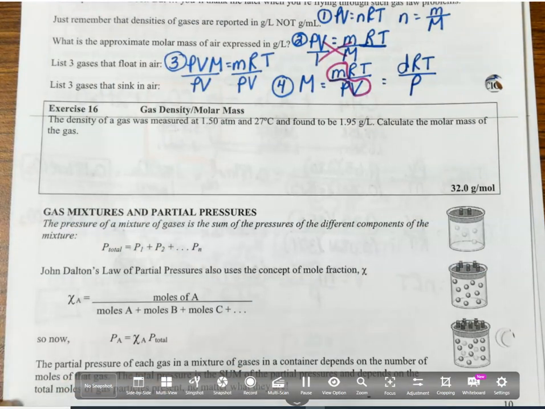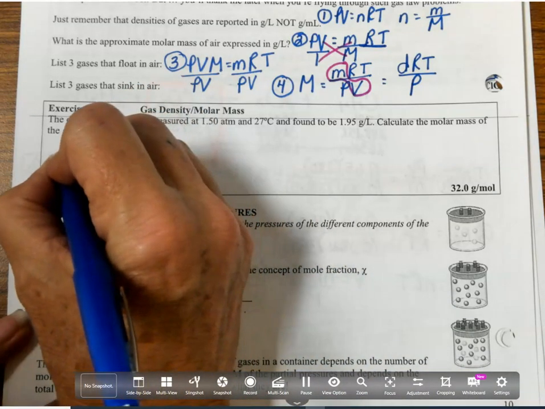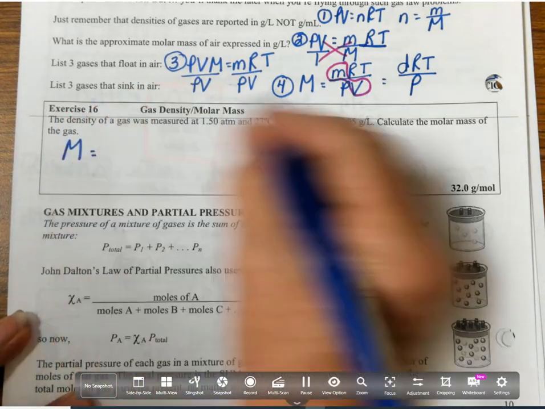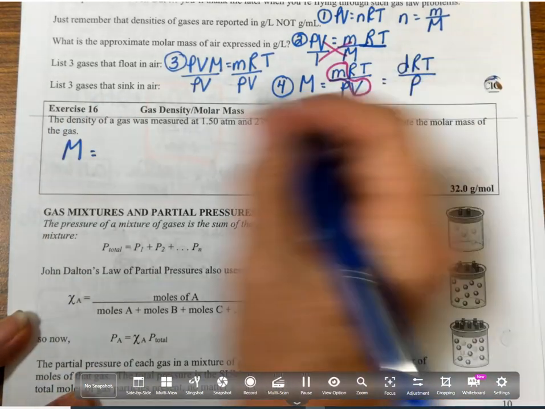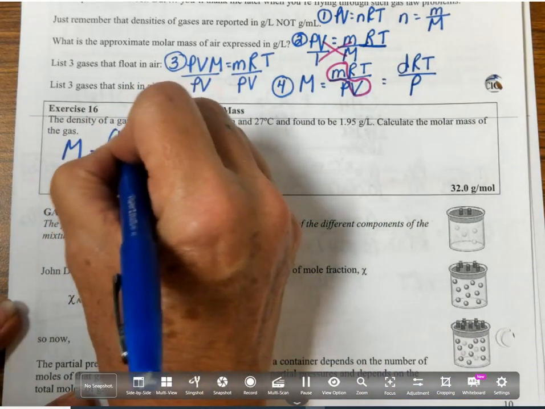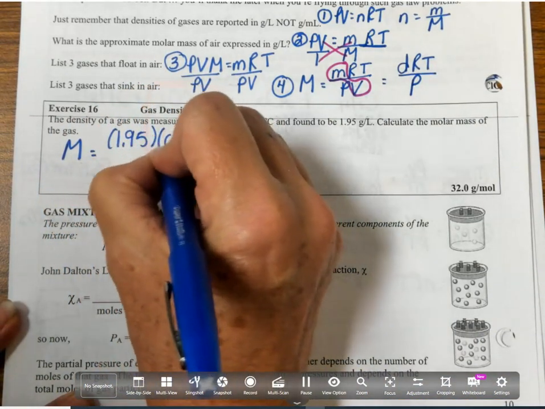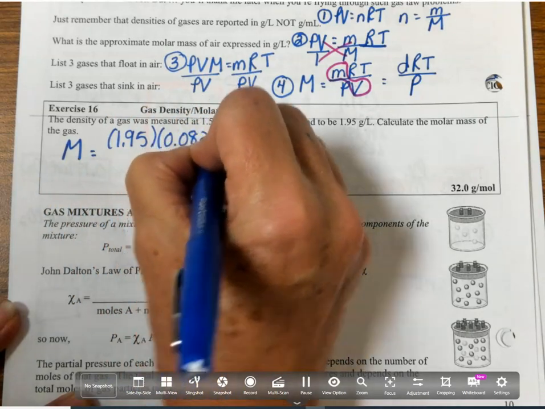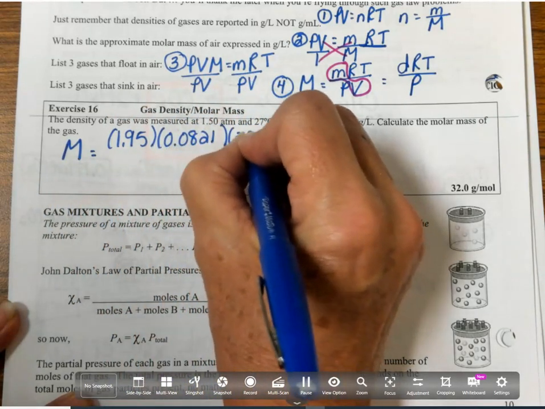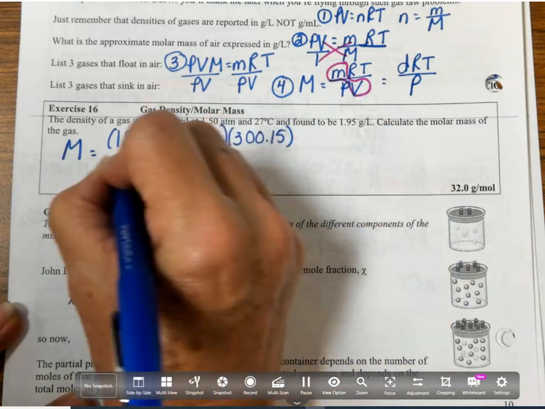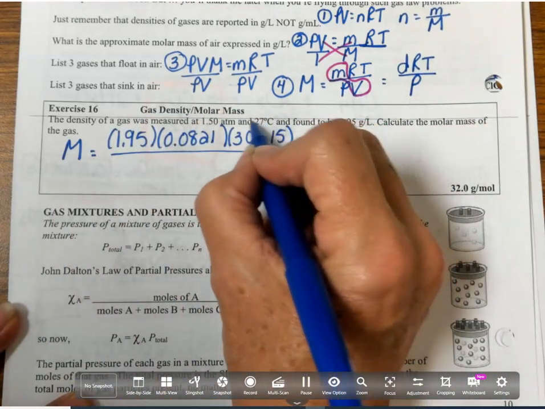So let's work our first problem. The density of a gas was measured at 1.5 atmospheres and 27 degrees Celsius and found to be 1.95 grams per liter. Calculate the molar mass. Well, that's easy. I'm just going to plug everything into this equation. M is 1.95 times 0.0821 times 300.15. Remember, I have to put this into